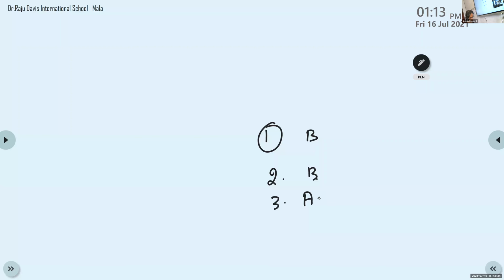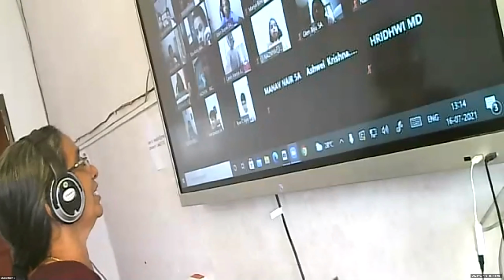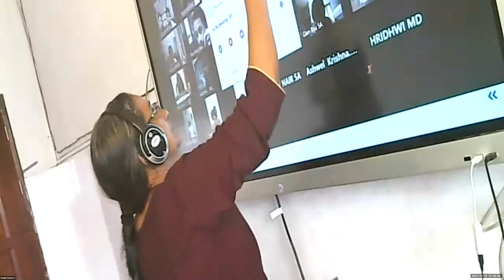Ma'am, I have an example for a symmetrical shape, Aditi. Yes, Aditi. Ma'am, this is an example for a symmetrical shape. Yes, it is a leaf. Very good example, when we fold it, it is equal on both sides. Which leaf is that? Ma'am, it is a cloth artificial leaf. So she made one symmetrical figure. So it is applicable in your daily life. Symmetry is used in daily life.